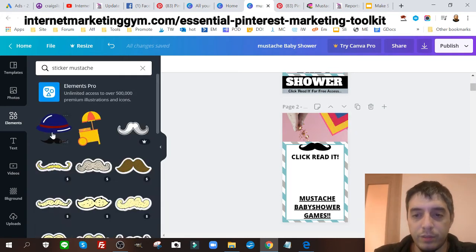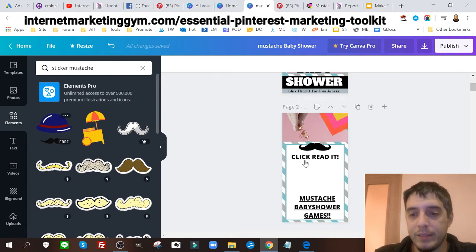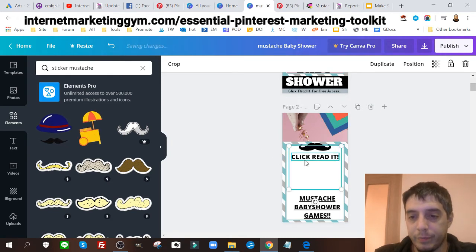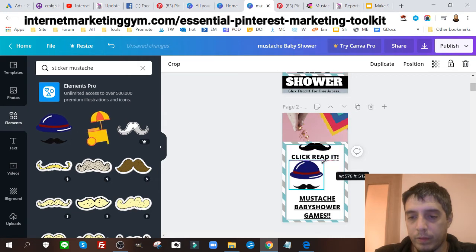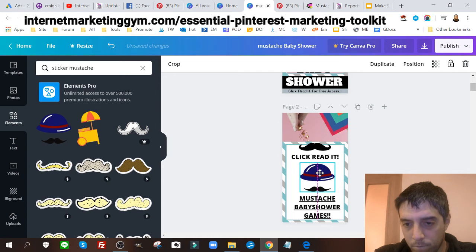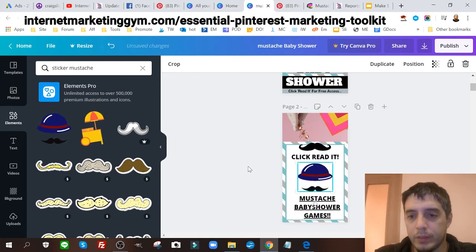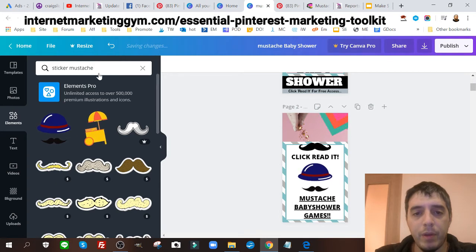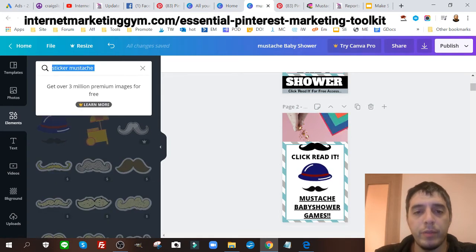I'm gonna use this guy again, this little sticker. I'm gonna center it. Cool. And I'm gonna actually get another arrow.